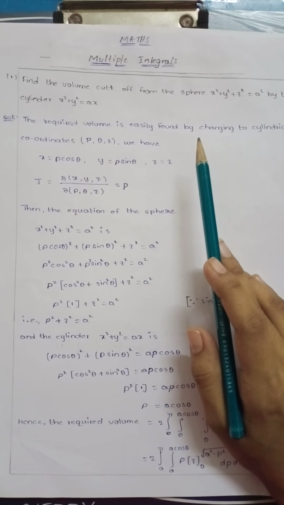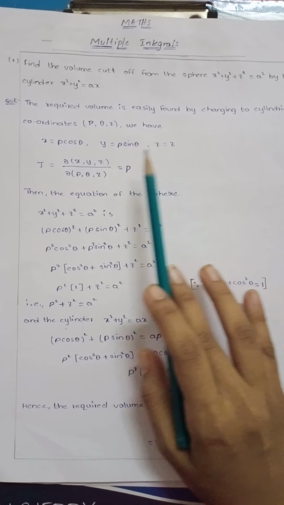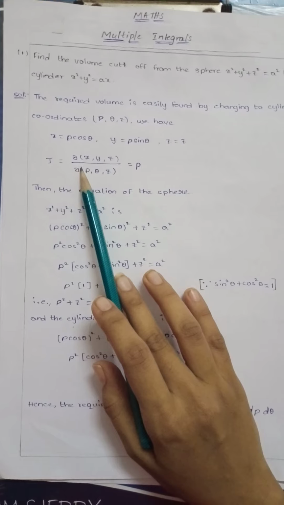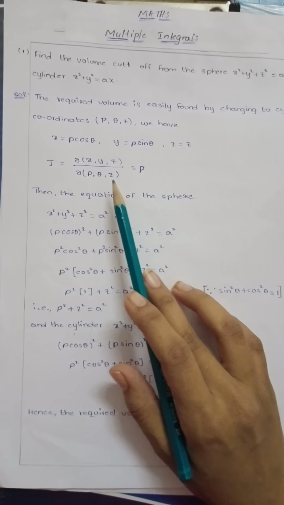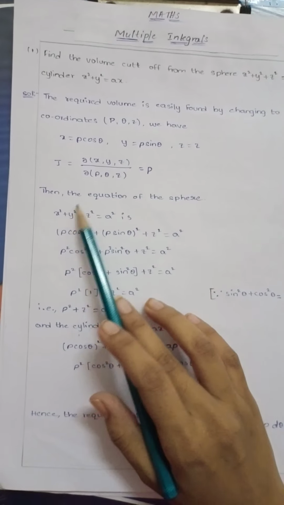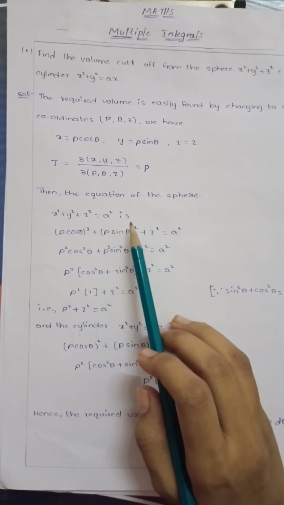We have x is equal to rho cos theta, y is equal to rho sin theta, z is equal to z. We know the Jacobian, del(x, y, z) by del(rho, theta, z), is equal to rho. Then the equation of the sphere x square plus y square plus z square is equal to a square